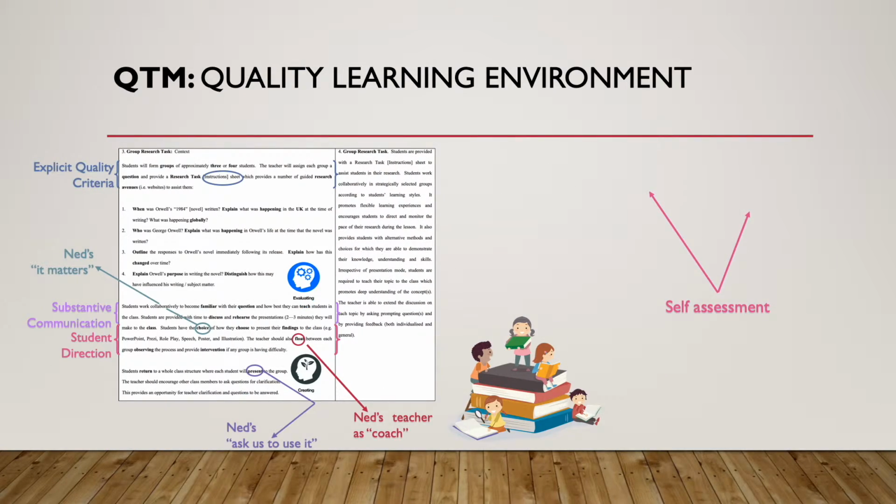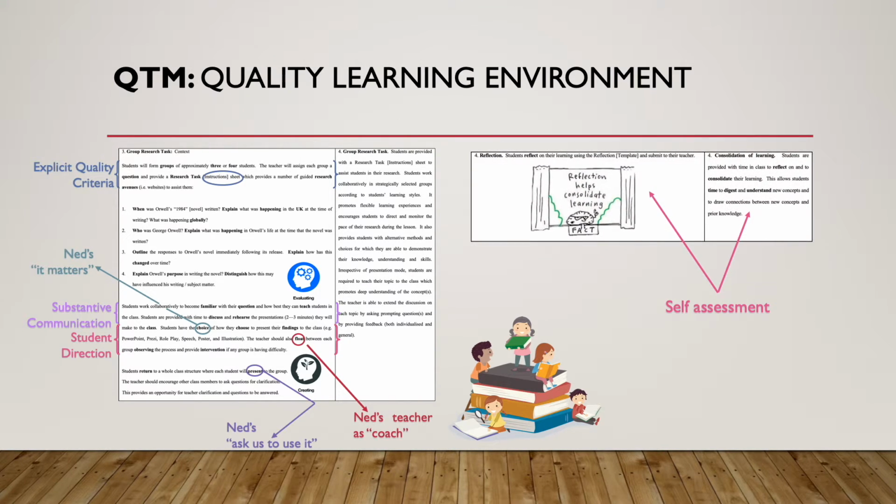Research widely recognises the value of an active and positive learning environment in the academic engagement, assessment and success of students. According to the Quality Teaching Model and NEDS Grade 8, it is important that students and teacher work collaboratively with a proactive focus on learning. This is evident in the lesson sequence where students complete a research task in small groups to analyse and evaluate the context of George Orwell and use this knowledge to teach their peers in a medium of their choice. This allows students to develop and demonstrate skills in substantive communication and provides students with an avenue for self-direction and confidence in self-regulation.